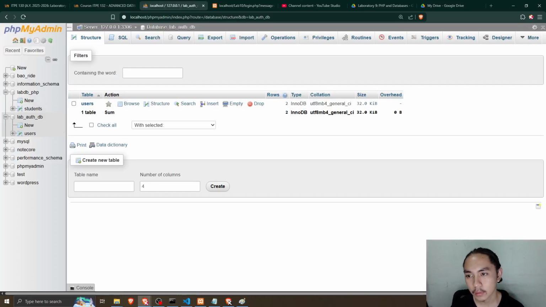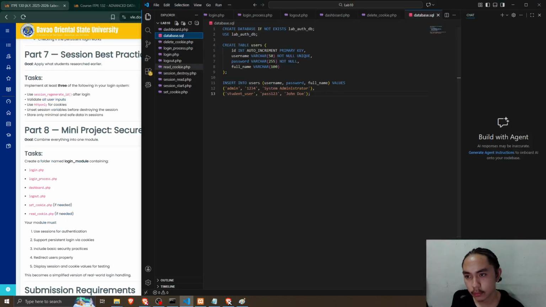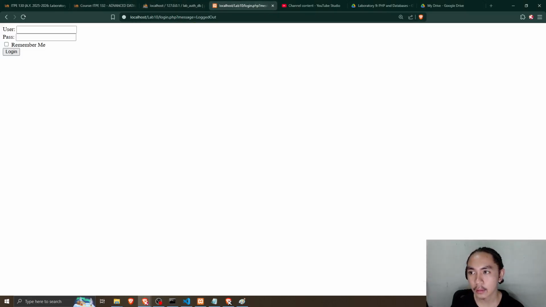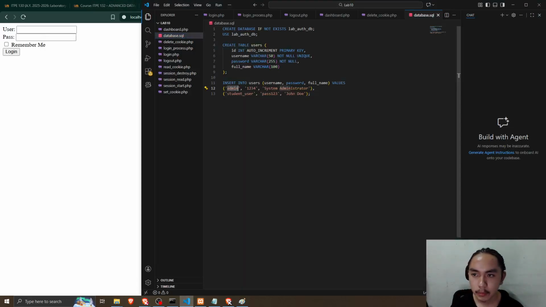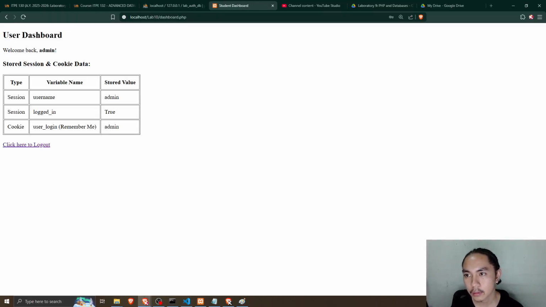So I created the lab auth DB for this specific laboratory. So let's try logging in. I have here admin and then 1234 as password, remember me, log in.